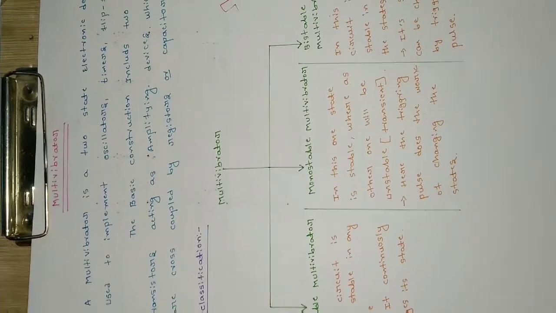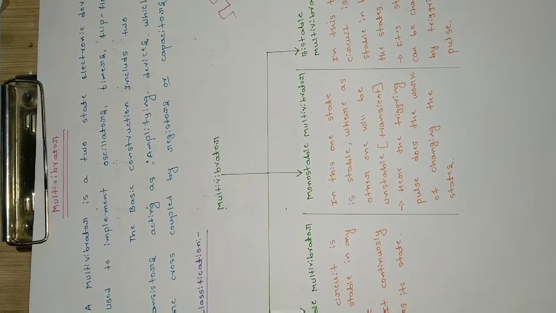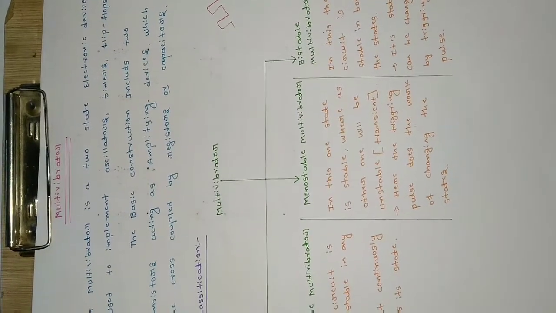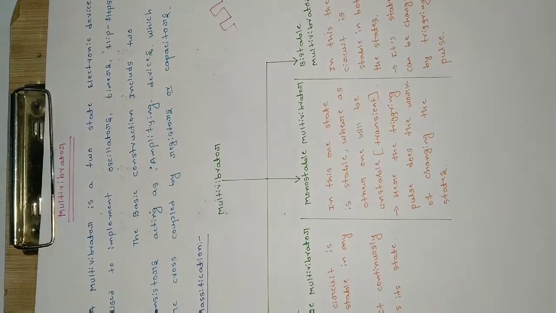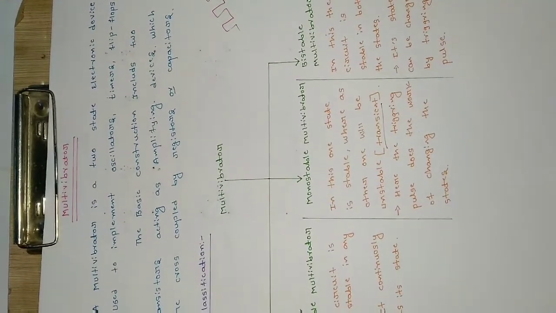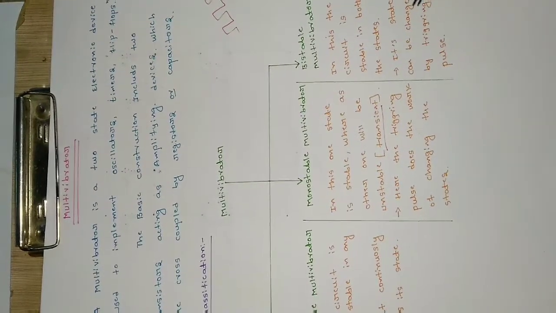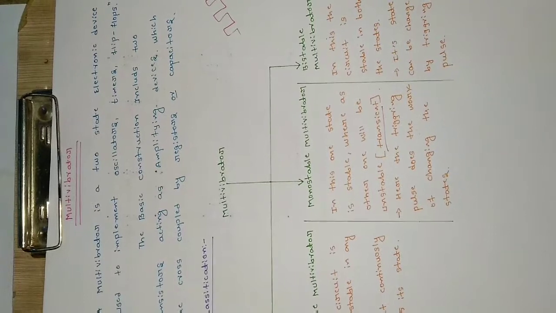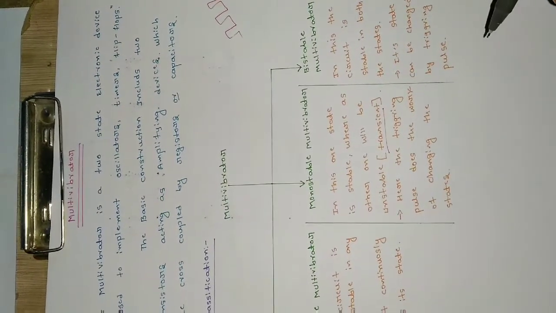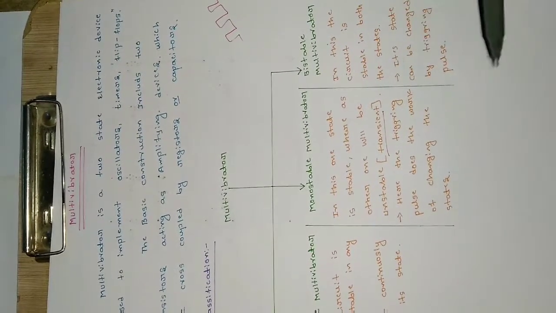The second one is monostable multivibrator. In this, one state is stable whereas the other is unstable. It has one stable state and the other unstable or transient. Here the basic meaning of transient is changing. So we have one state as stable. We require a pulse to move it out of the stable state, and we don't require any external pulse to maintain the monostable multivibrator in the unstable state.